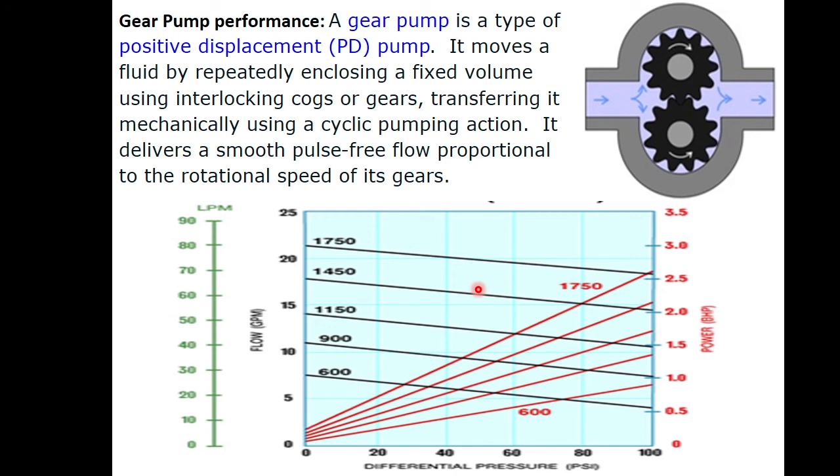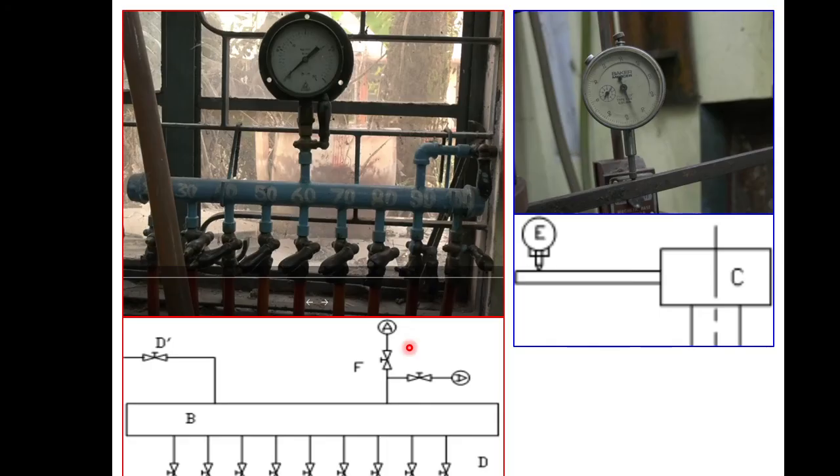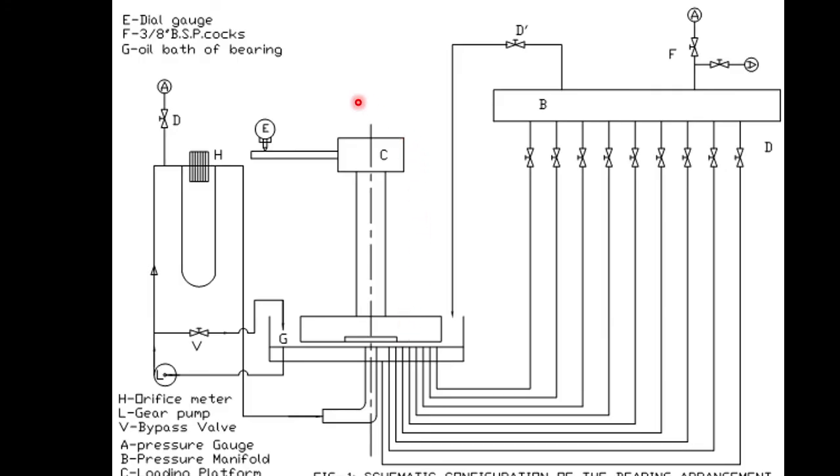So this is the reason for using a gear pump, and here our purpose is to keep the flow rate constant all through. If this is a positive displacement pump, actually a gear pump is the best one because it almost gives a smooth curve. So even if this head changes, our flow rate remains almost the same. Is it clear? And that is what we are doing, is it not? In these experiments, we are keeping the flow rate constant.